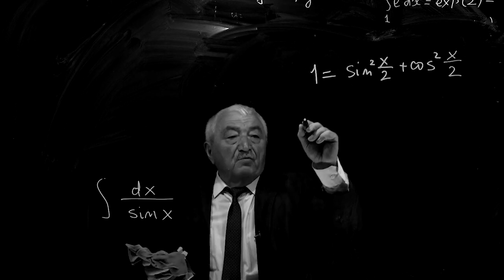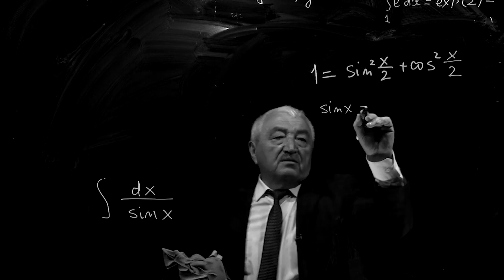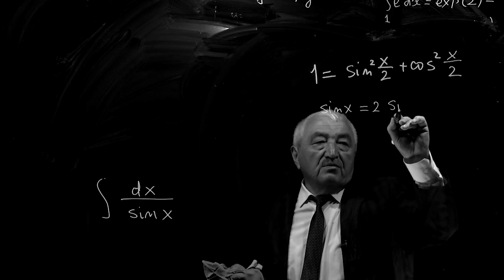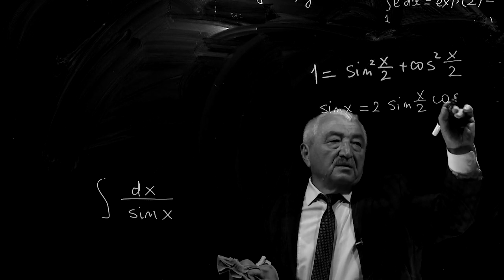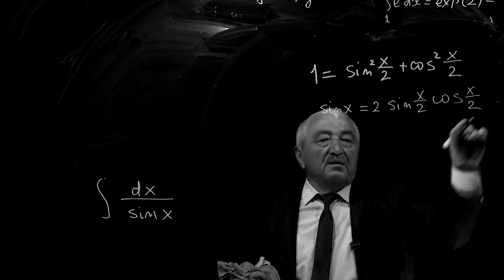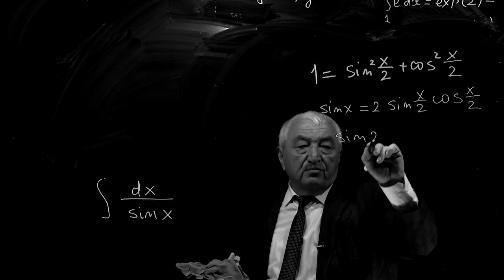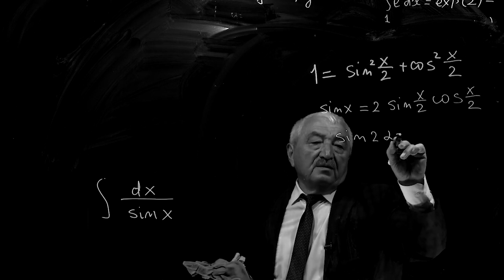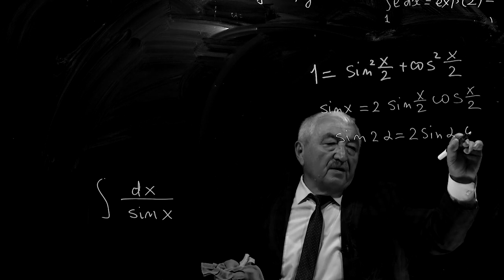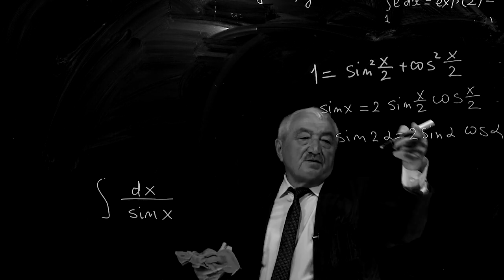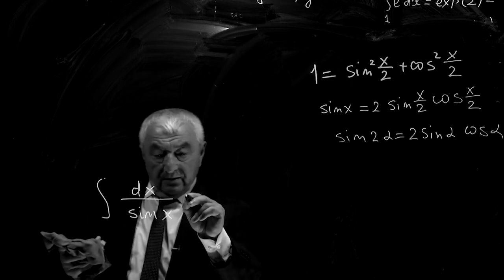And sine of x is equal to 2 sine of x divided by 2 cosine x divided by 2. Why? There is such formula, sine of 2 alpha equals 2 sine of alpha cosine of alpha. If alpha is equal to x, we get this formula. And we can